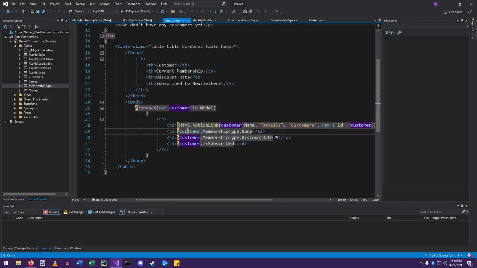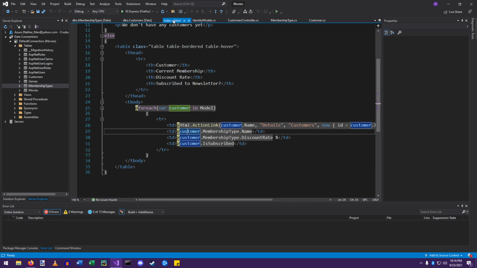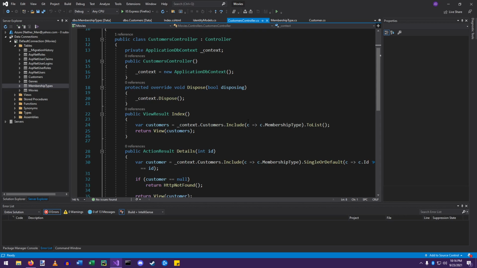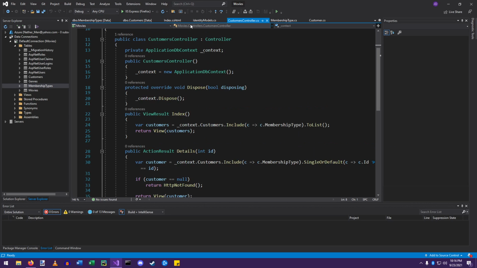because we have customer dot membership type dot name. So it seems like we include the membership type in this customer's variable, which we use here. So we can use customer dot membership type, because membership type is included. We included it in the customer's variable and put it all into a list. And then same with details, which in